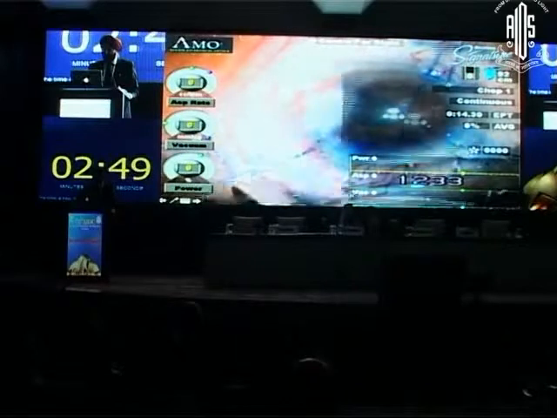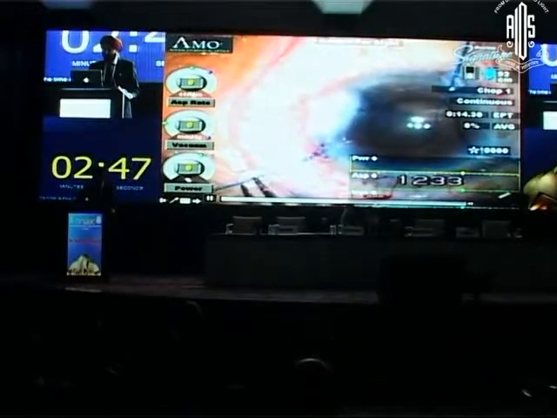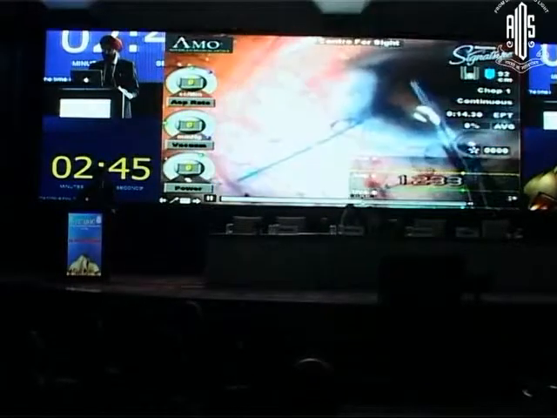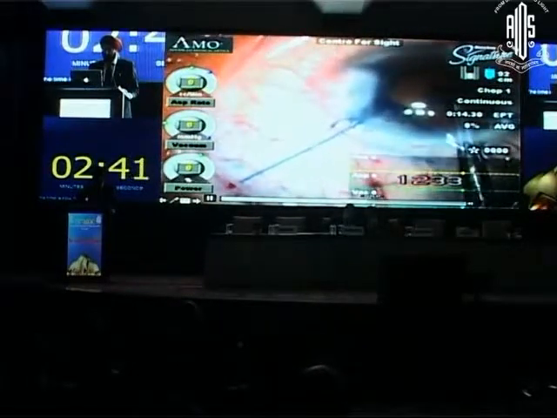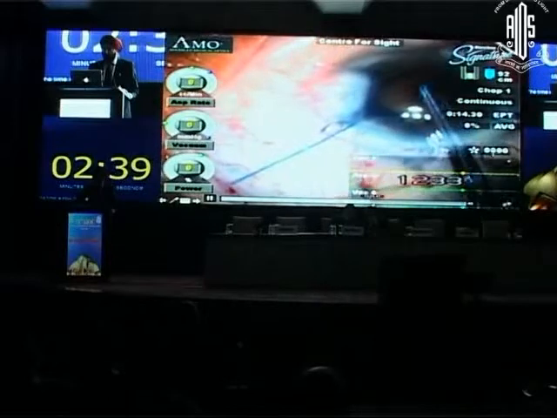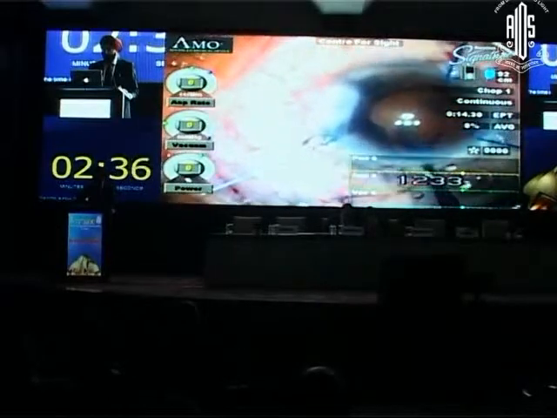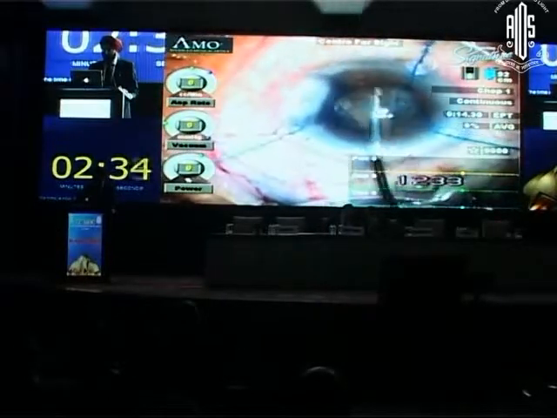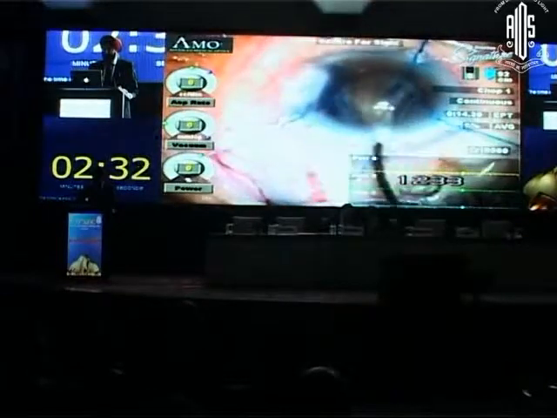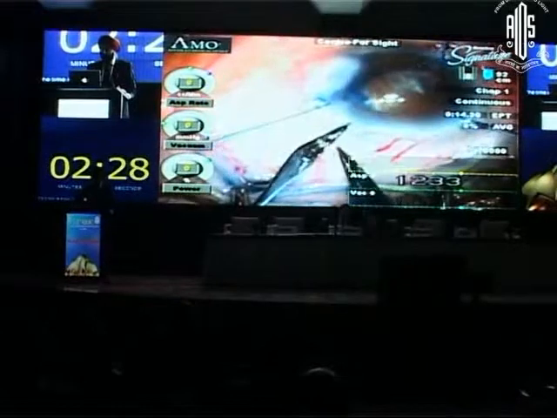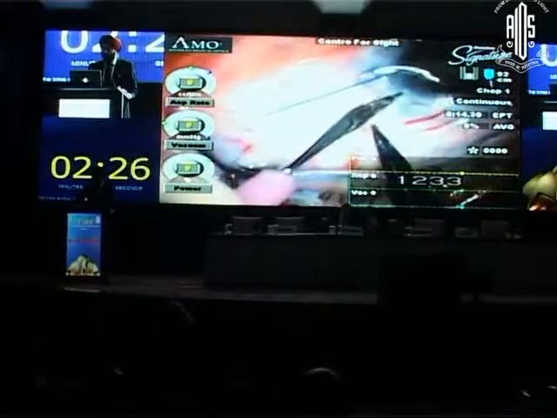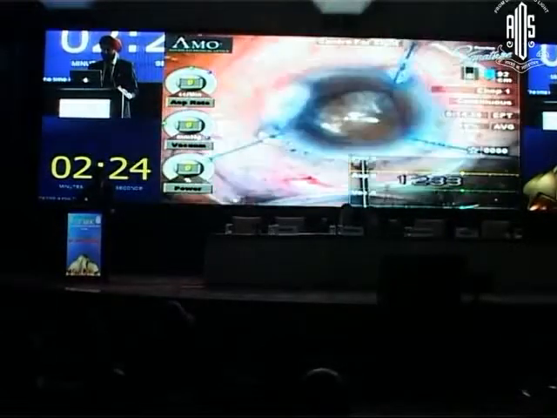So you go ahead like this, and this is the third one that is being put, and we're doing the capsulotomy. Now what is going to be important for you is to also consider the problem of iris prolapse. So this is the hydrodissection that is being done, and just see the floppy iris that is going to come out. This is for the chopper that we are making the incision, and just see this.